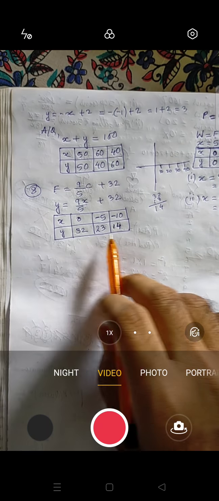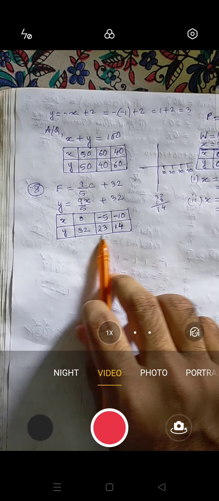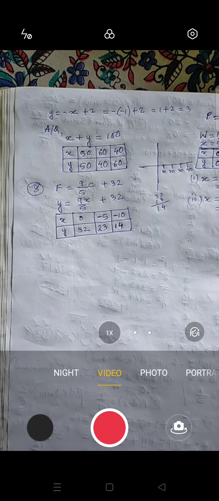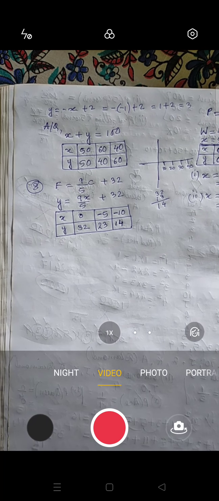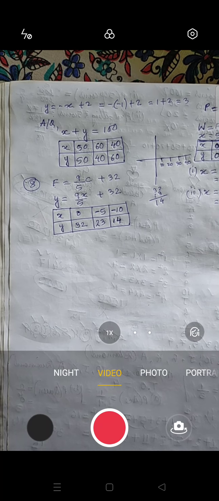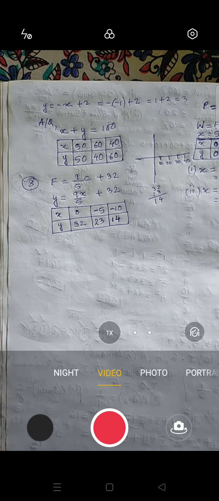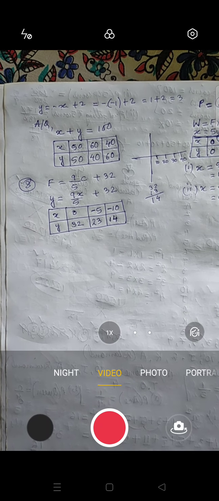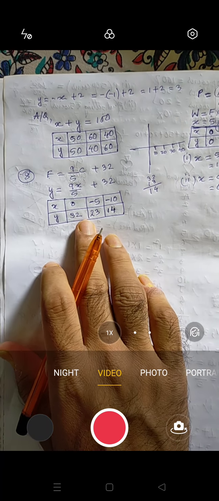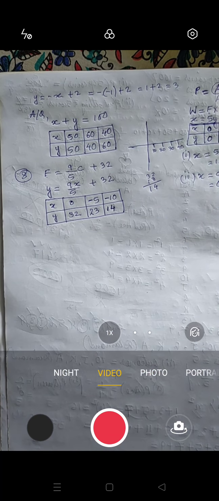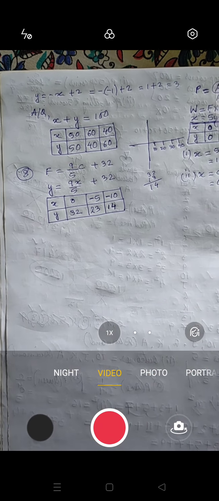Now while taking this one, it's up to you how you want to take the units. You can take 10 units, or you can take 5 units, your choice how you want to take. Okay, units are up to you, that's all. So you will leave some space for the diagram.